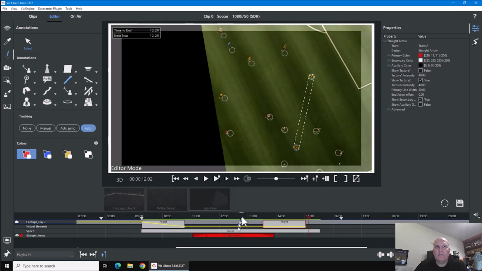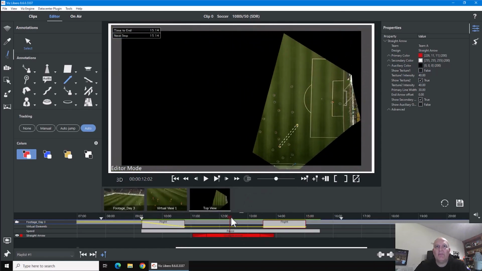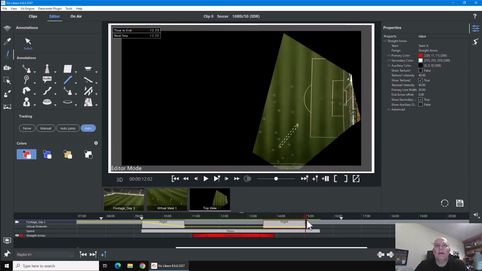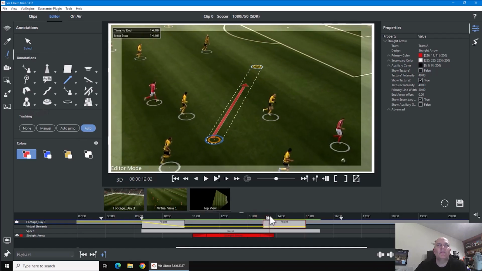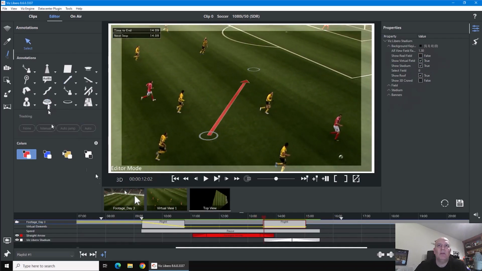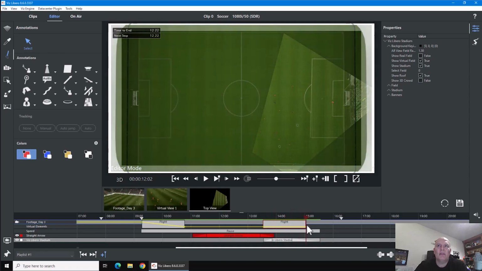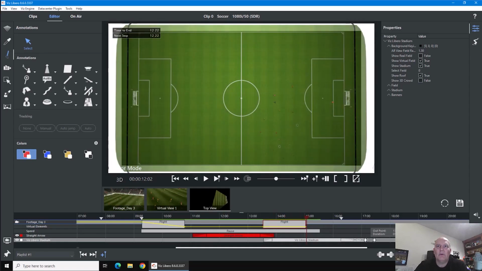So let's do that. So we now fly out to that view, but hang on, I hear you say there's no data for all of this. It's black. So this is where we add our virtual stadium. So if I choose the place where I want to start that transition and I add my virtual stadium in, then I can adjust the transition of the virtual stadium of when it's coming in. So you can see it starts to come in, and now I've got my virtual stadium. I can extend it out as well, so I can see.